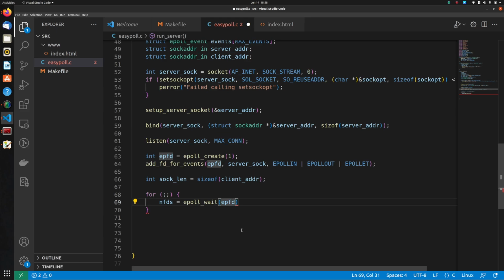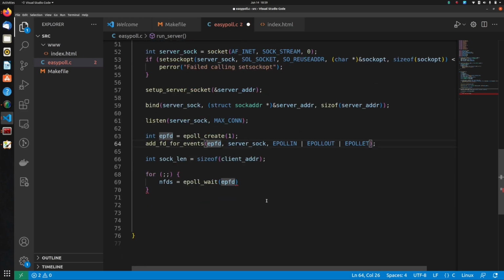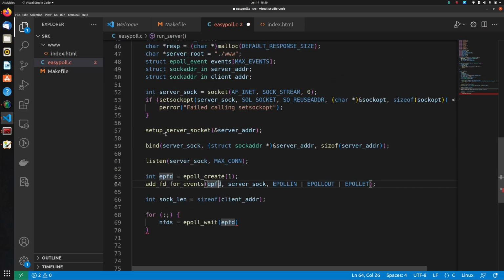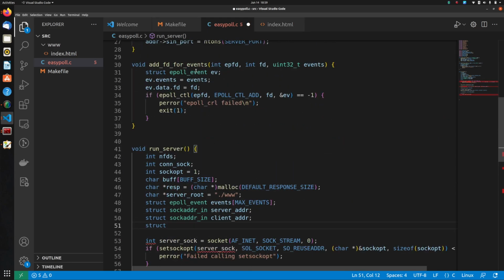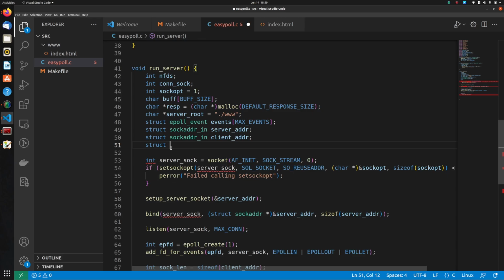Again, we'll pass epfd, which refers to our instance of epoll. And then we also need to pass it an array of type events, which it will populate with events that have occurred along with their FDs. So let's first define that array. It's the same type as the one we use to register an event. Let's define it here: epoll_event